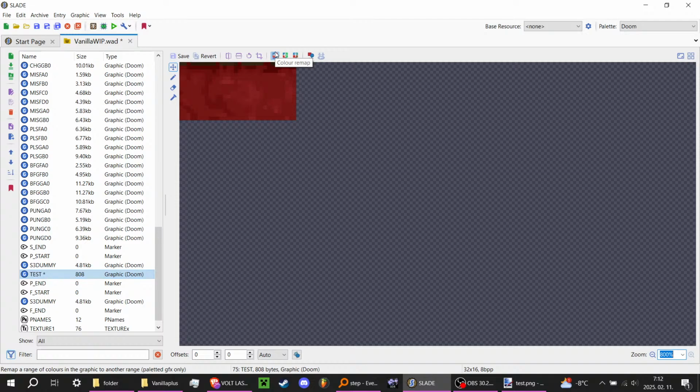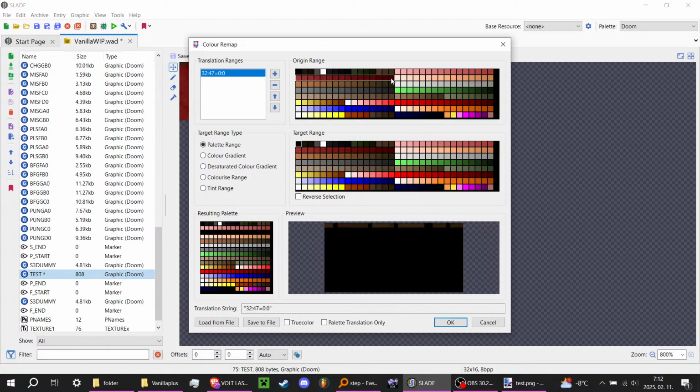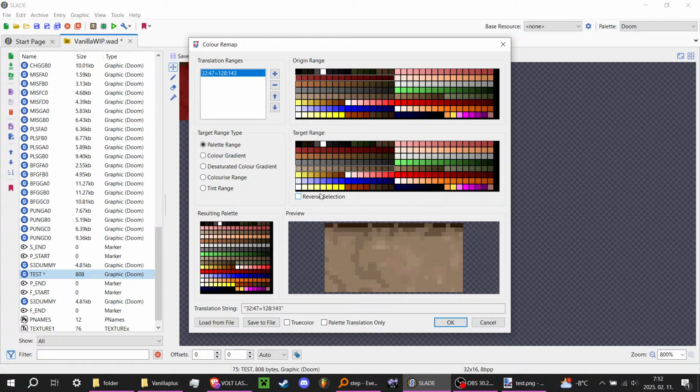Now it's a really easy thing. This color remap shows the Doom color palette, and it shows what colors I am pointing at. This is the origin, what right now is the color palette, and if I choose this, it turns black because my target is on black. But what if I do this? Now I have a beige colored step, which is actually not half bad. Reminds me of ashes. I also could make it gray,